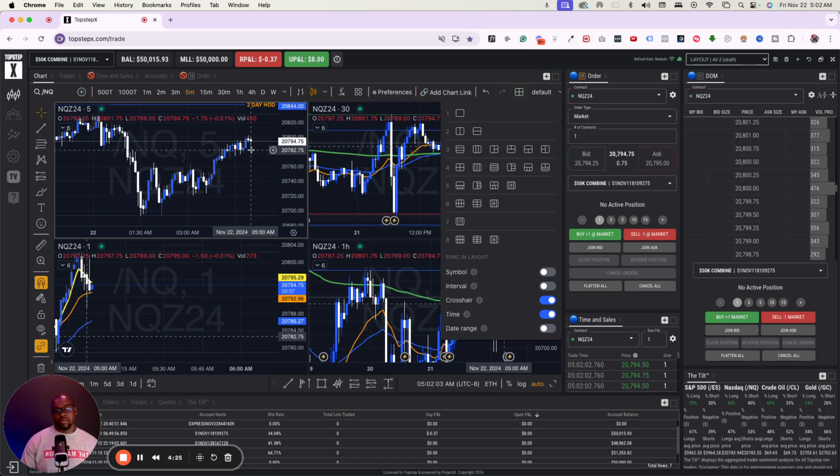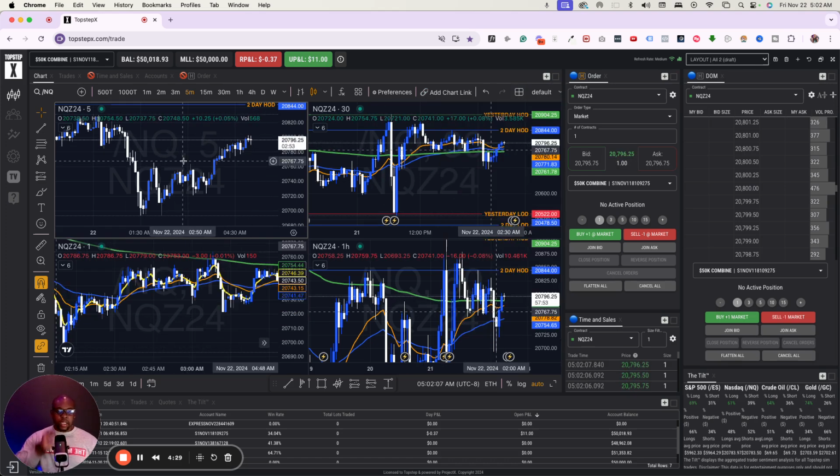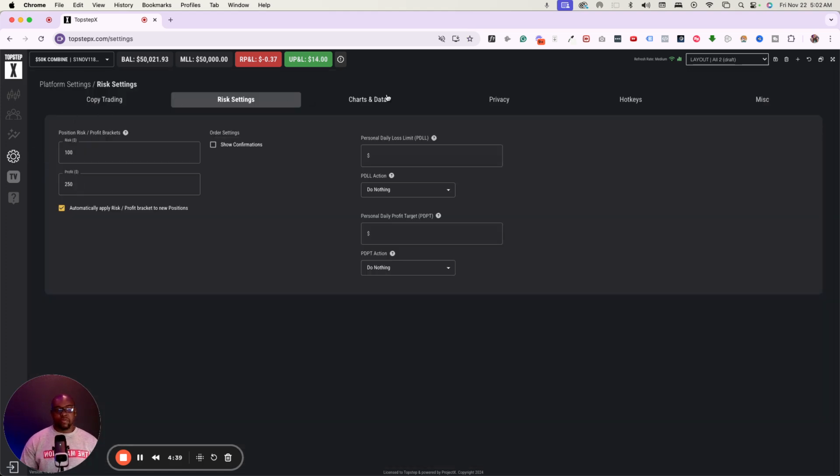So if you're hovered over 5 minute, it'll show you the 1 minute at the bottom of it and so on. All right, so let's talk about another thing in regards to why I like Topstep and why I think that this helps. If you go to your settings here to the left, you can go to your risk parameters. A lot of people struggle with trading because there is no risk. At the end of the day, you can come in here immediately and you can set your risk of